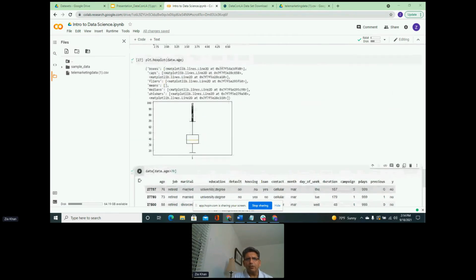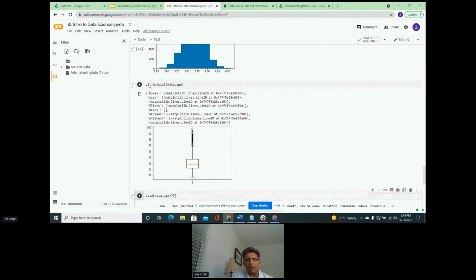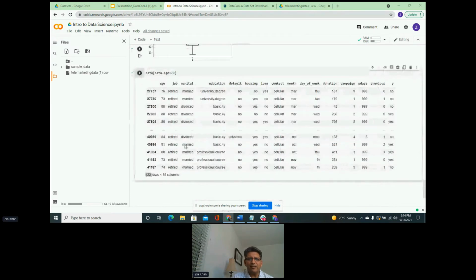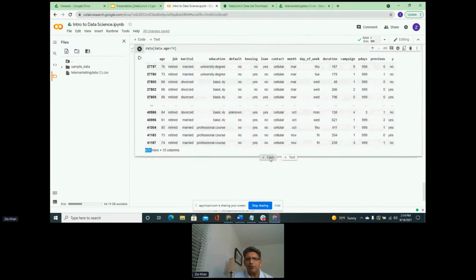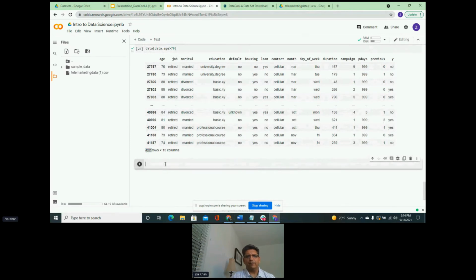All right, so going back to our box plot. This is the box plot that we did for one feature. Now let's see if we can build a box plot for all the features. So again, I am going to start off with the pandas object now, because if I pass this object in matplotlib, it gives an error because there are quite a few fields that are not numeric.